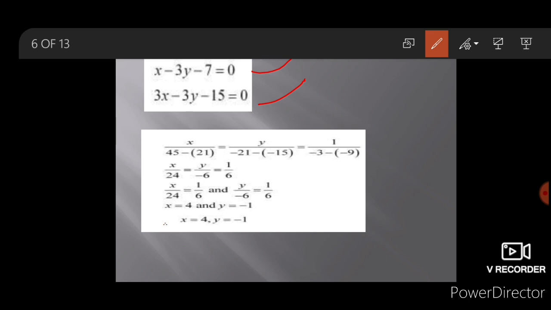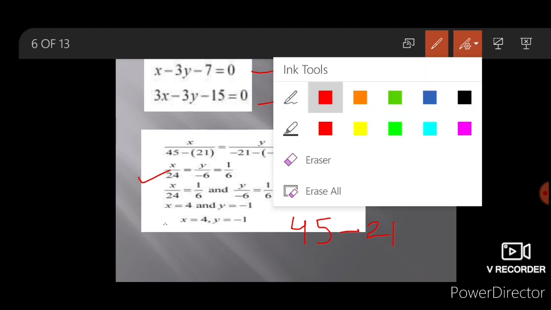Second step is 2 3 2 3 1 2. What is 2 here? 2 means the coefficient of second column, which is 3, minus 3 and minus 3. Then we get minus 7, minus 15. After that we get 1 and 3. After that we again have 3 and minus 3. Now this minus 3 multiplied by 15, 45, plus 45 minus 21. What we get? 24. Similarly we get y upon minus 6 and 1 upon 6.